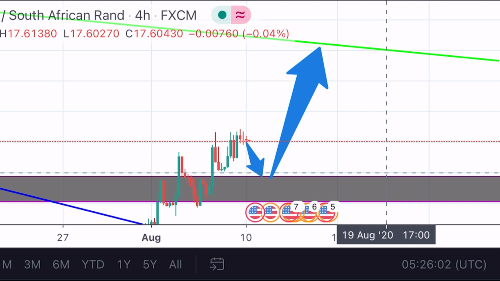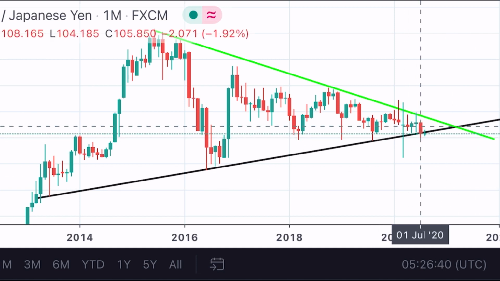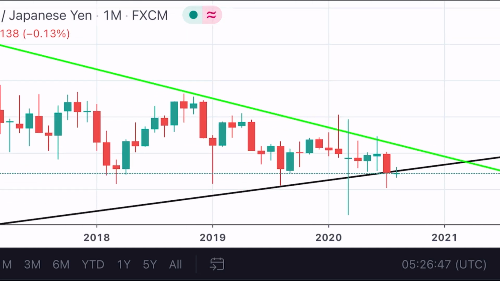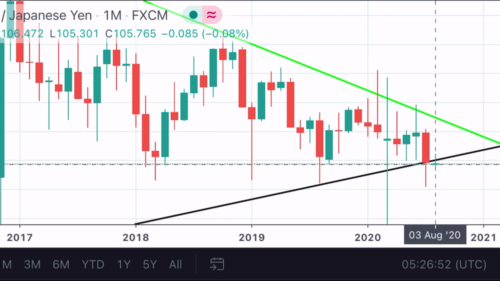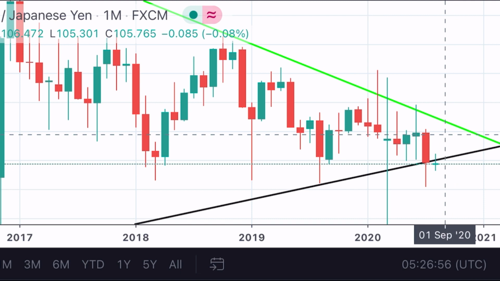So let's go to the last chart that I have for you guys, which is the USD JPY. I've been bringing up USD JPY because trust me, there's so much money to be made here, it doesn't even make sense. So looking at last month from a top-down analysis point of view, last month's candlestick at some point was very, very bearish. But with this close, I feel like we're going to move back into the correctional phase that we had here,